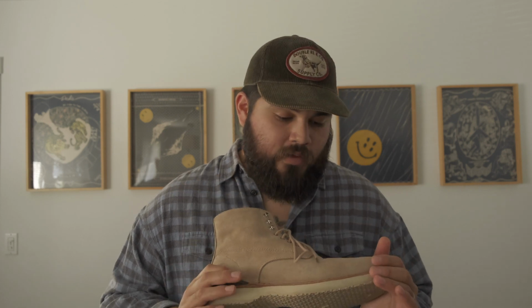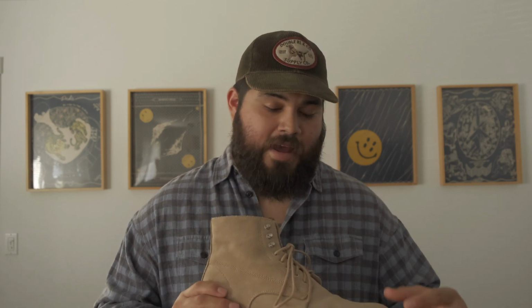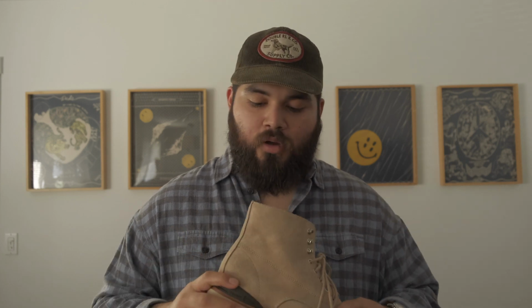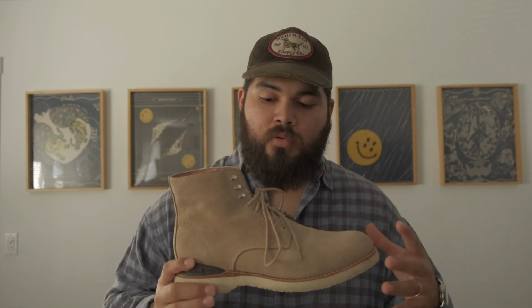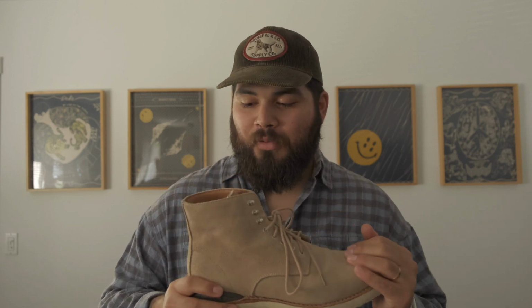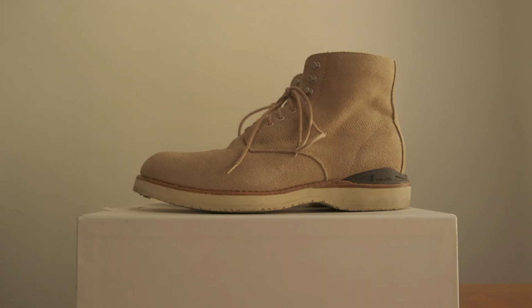Nonetheless, it's extremely soft. It kind of reminds me of the Common Projects Chelsea boot that was extremely popular. I had a pair of those too, but they were a bit more yellow. And I think that overall, just the muted tone on it, it's extremely easy to wear, and it's kind of like what a boot should be, right? It's extremely simple, it's versatile, but it's rugged. Now, if this was a list based on comfort, these would probably be towards the top. I find them to be one of the more comfortable boots, especially because of the midsole. So